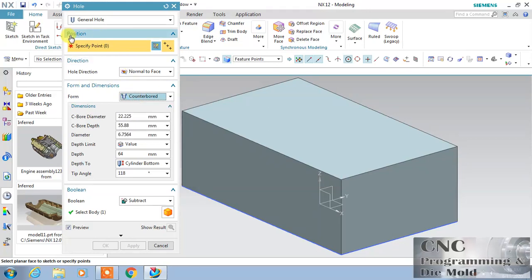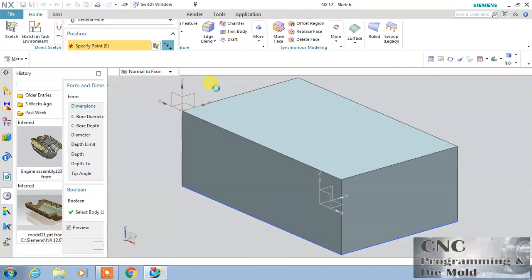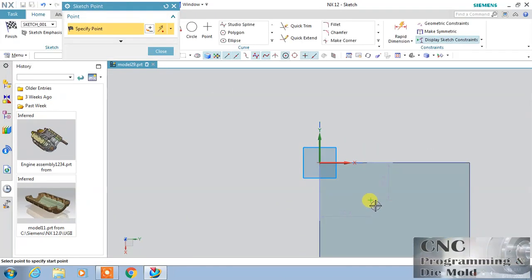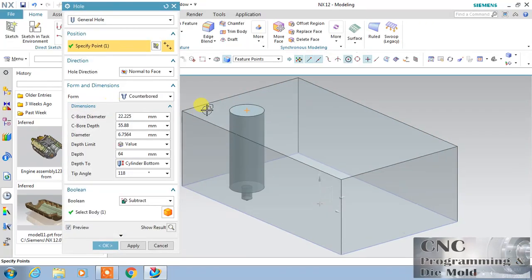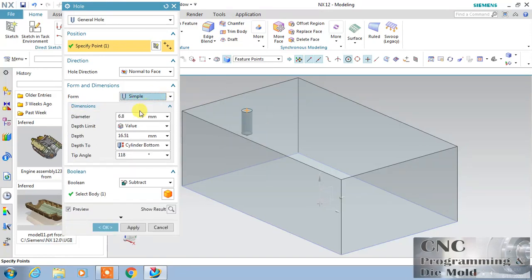So first of all we need a position where you want to click or where you want your hole. So this is my point. You can position it with the help of dimension. So let's finish, and I want a hole on this point, so this is my counter bore. If you want a simple hole, just click over the simple hole and define the diameter and lower limit. This is the lower limit, means depth, how much depth you want. Suppose I change it to 20, and the cylinder bottom,